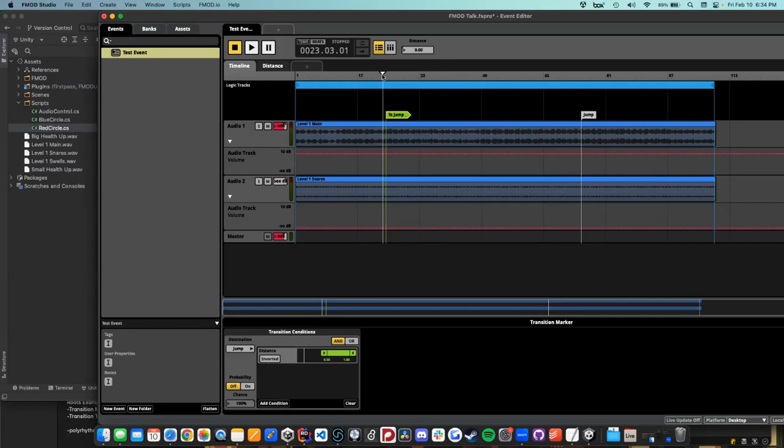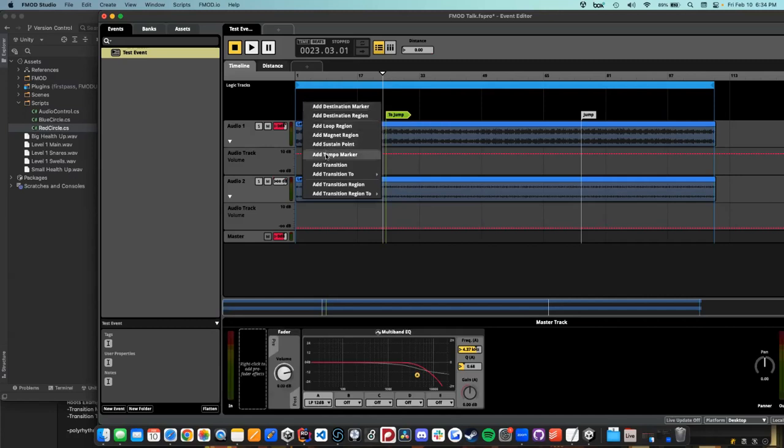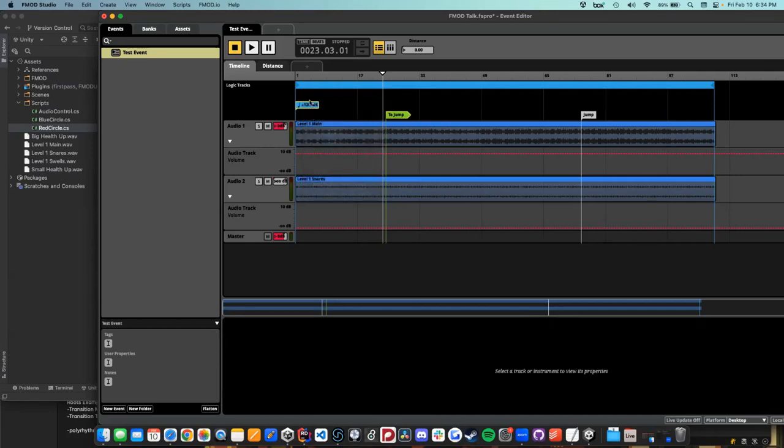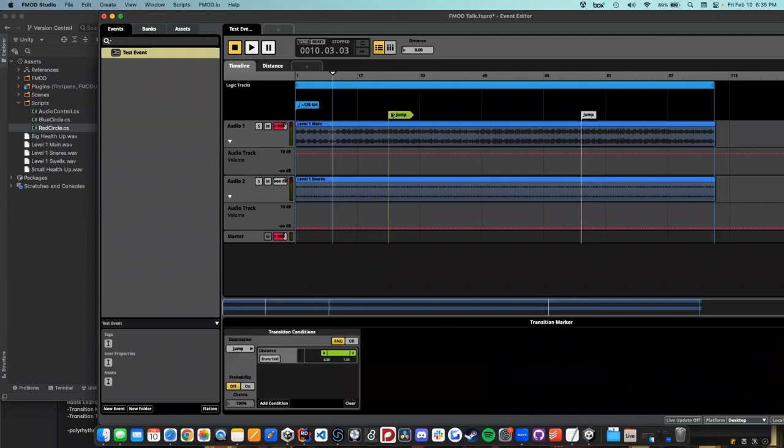How do you make sure that your jump is right on beat and not halfway through saying loop? Good question. Another thing you can add up here is a tempo marker. This tempo marker will basically just add in beats, and then things will be quantized to the beat. So now if I just hit jump, as you can see, distance is 0, so it won't jump. But if I go back and change distance to be over 0.5, it does